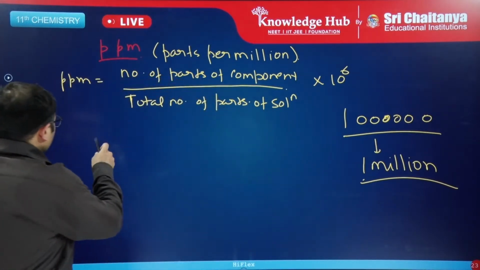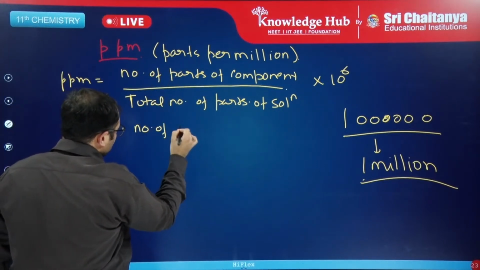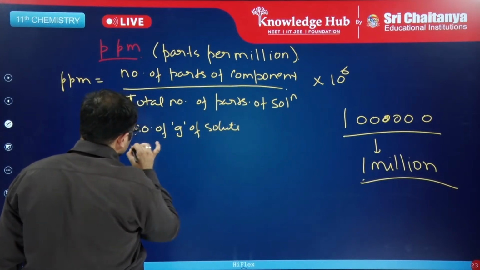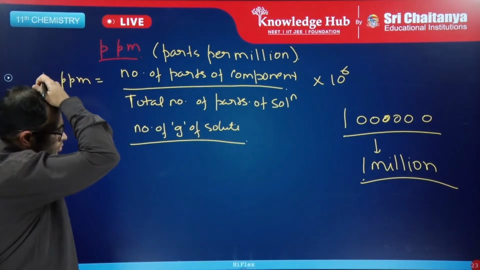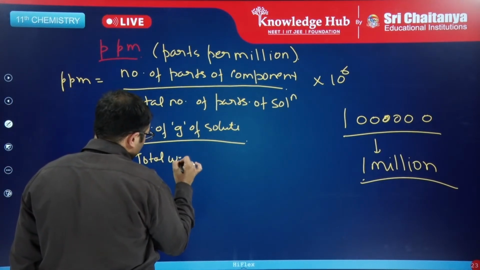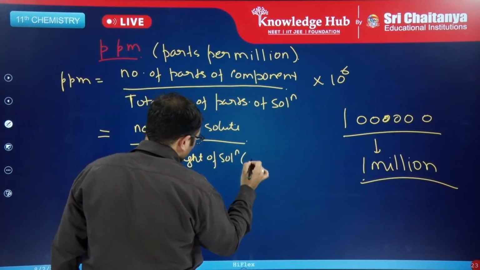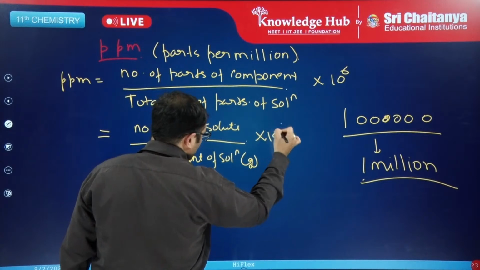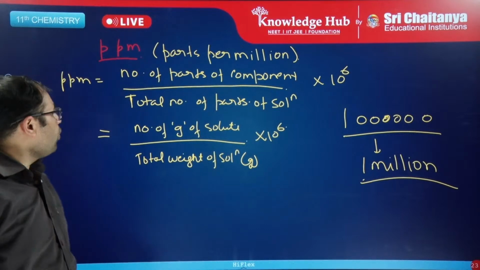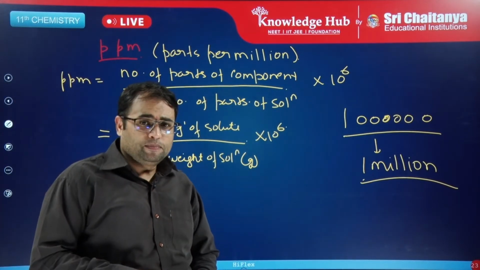So I can also write it as number of grams of solute by total weight of solution also in grams multiplied by 10 raised to power 6. Same I can write for volume. So now what do I mean by parts per million? It means,